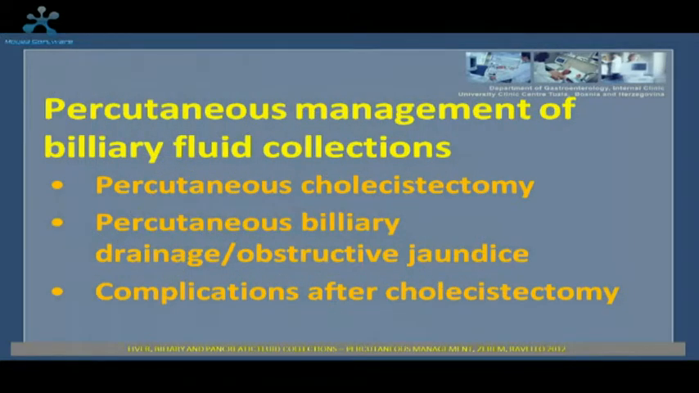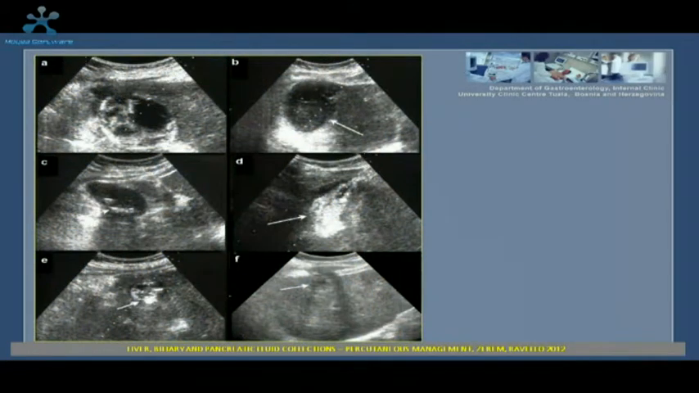Percutaneous management can be performed as initial temporary or definitive management for symptomatic biliary fluid collection, such as percutaneous cholecystectomy, percutaneous biliary drainage due to obstructive jaundice, and treatment of complications after cholecystectomy. I was changing my presentation today because the program was updated so that this topic should be presented by Dr. Restivo,